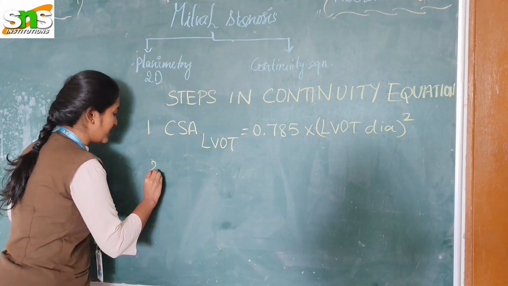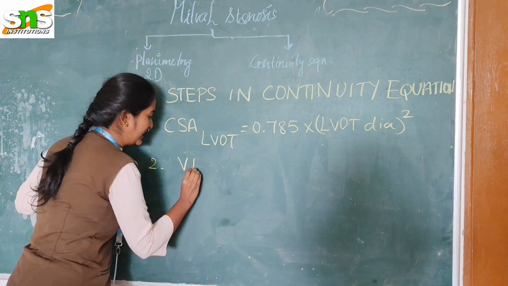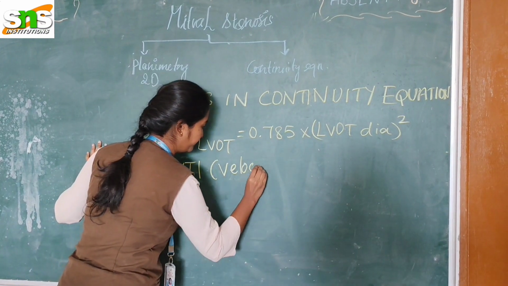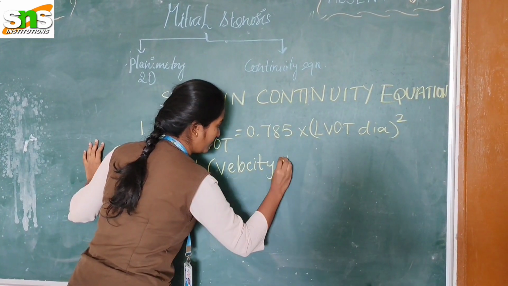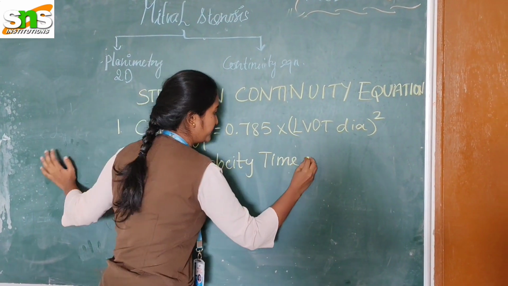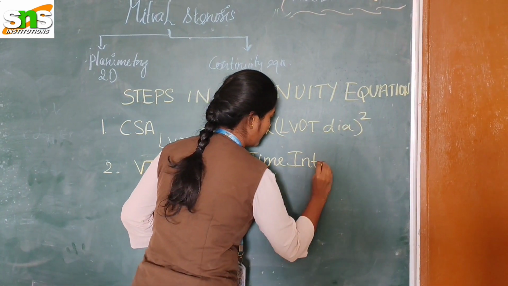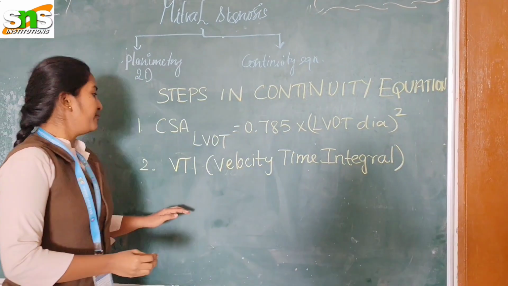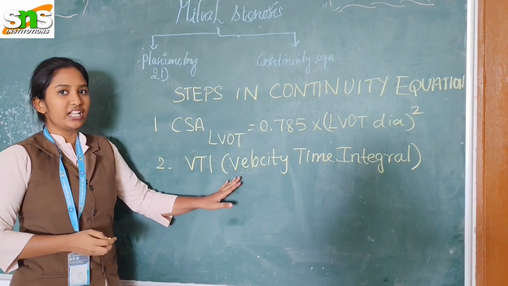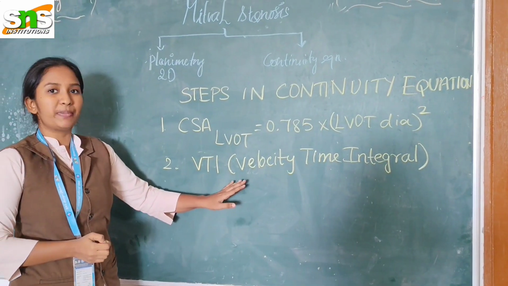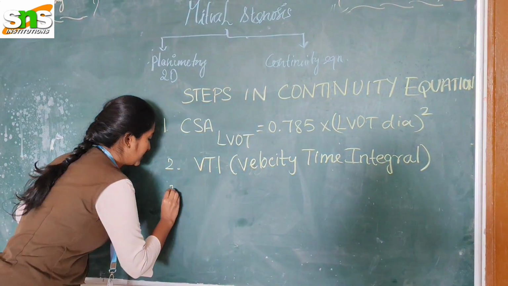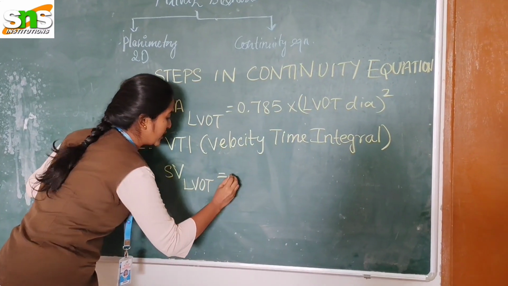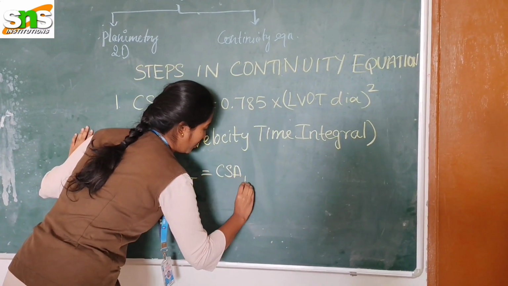So this formula is used to find the cross-sectional area of LVOT. The second step is to find the VTI, which means velocity time integral. We can find this velocity time integral in apical 5 chamber by using pulsed wave Doppler. So the third step is to find the SV of LVOT, which is equal to CSA of LVOT